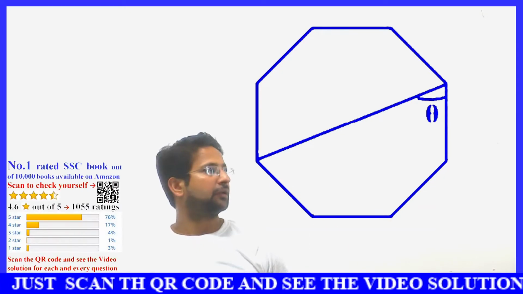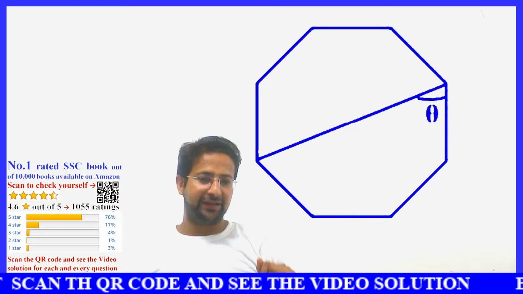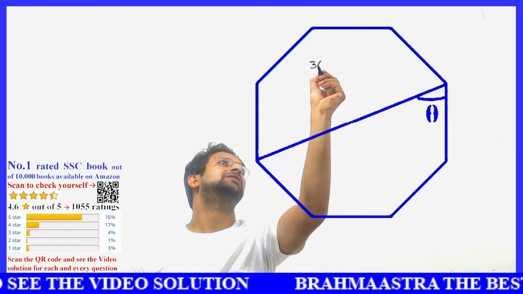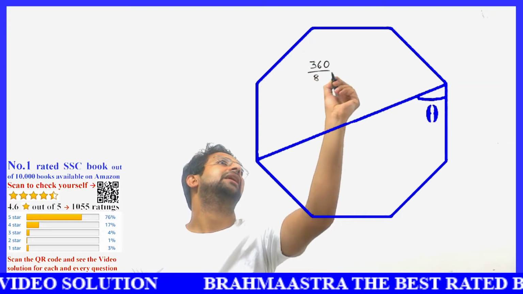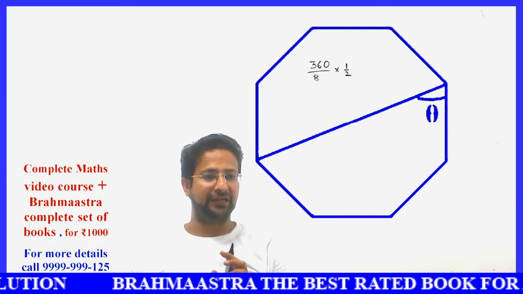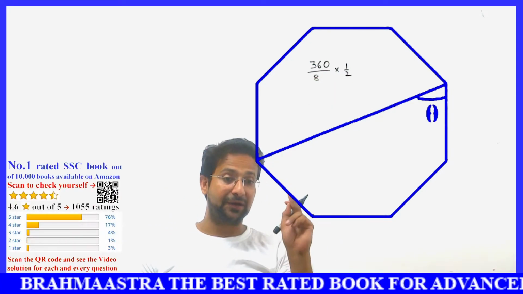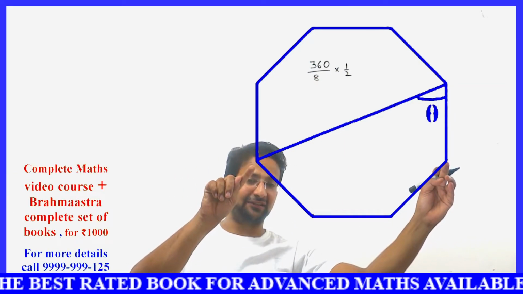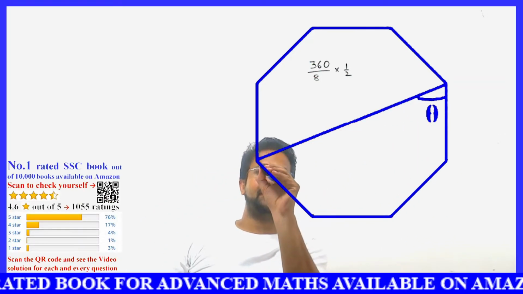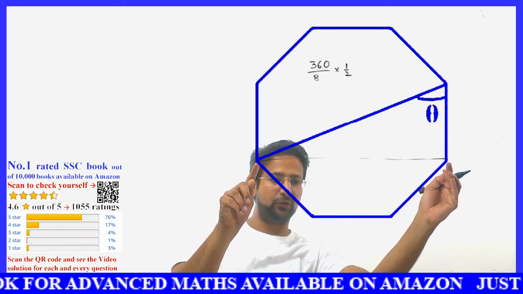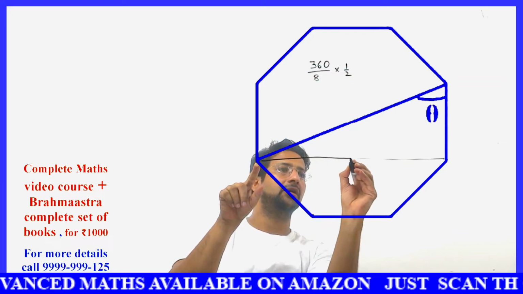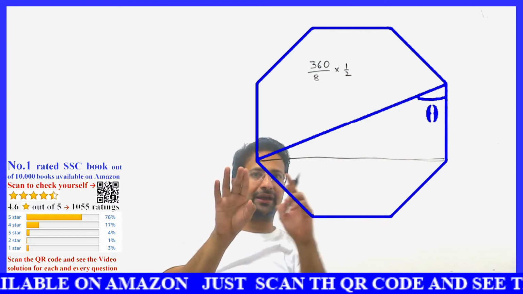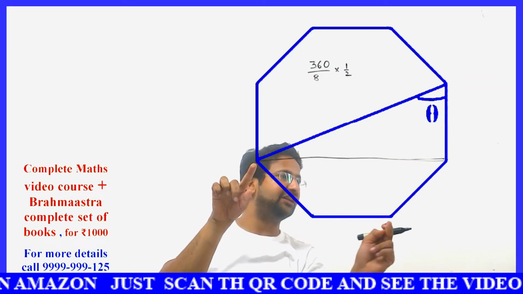Next one. You have to determine this angle theta now. How will you do it? First of all, again, this is an octagon. Each side of an octagon subtends how much angle? 360 divided by 8. Further, I will do a half like this. But now this angle is being subtended by how many sides? Look, 1, 2, 3. These three sides combined together subtend this angle. Or I can say, if I join this particular chord, it subtends this angle theta, and this particular chord is composed of these three edges.